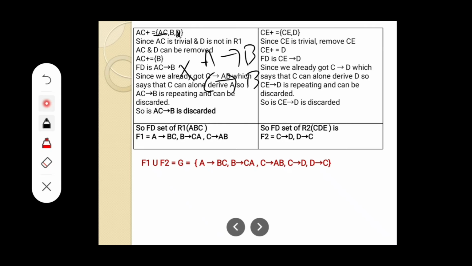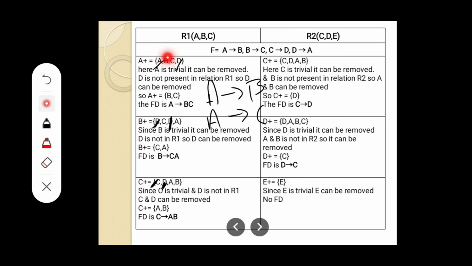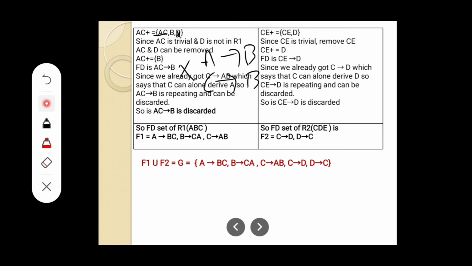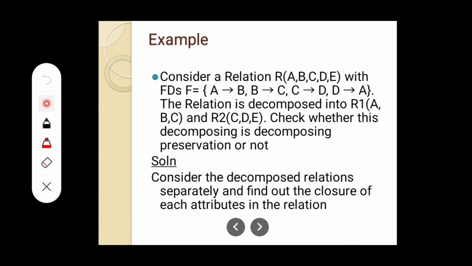Clear? So in this sub relation R1 ABC, we are having three functional dependencies: A determine BC, B determine CA, and C determine AB. So in the sub relation R1 ABC, we have derived three functional dependencies, which is A determine BC, B determine CA, and C determine AB. Similarly we have to find it for the relation